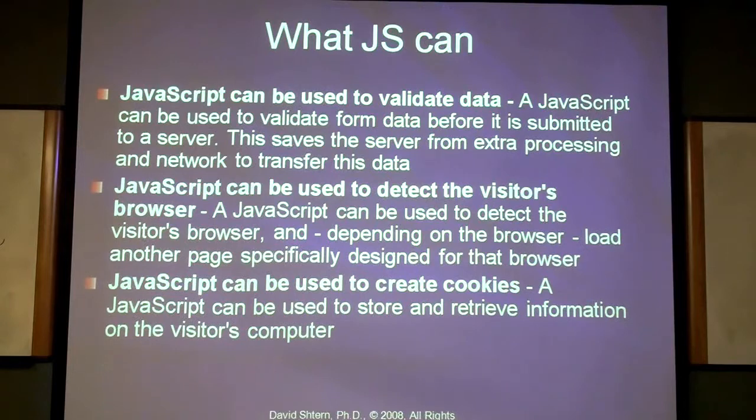Okay? It will be much nicer if we detect the browser using JavaScript, because when we develop our page, we don't have absolute control over who is going to visit our site, right? But we can encapsulate JavaScript into the HTML page, which will detect the browser. As soon as you open the page, the JavaScript will immediately detect it. And we can instruct JavaScript so that if this is not a supported browser, an appropriate message will be shown, or an alternative site will be shown. We can do that. So that's another area where JavaScript is used.